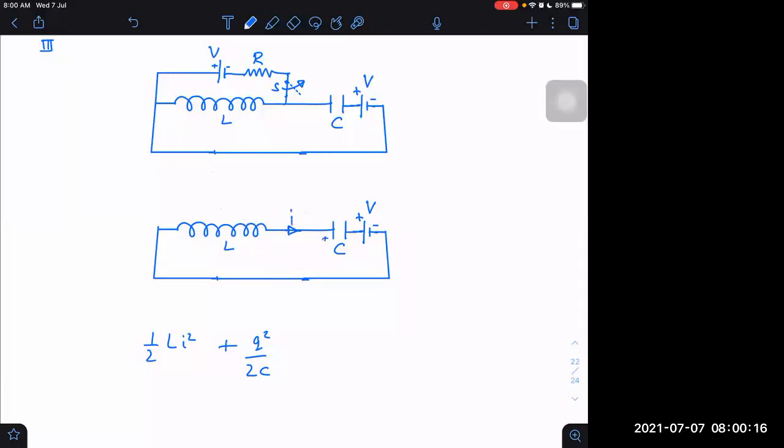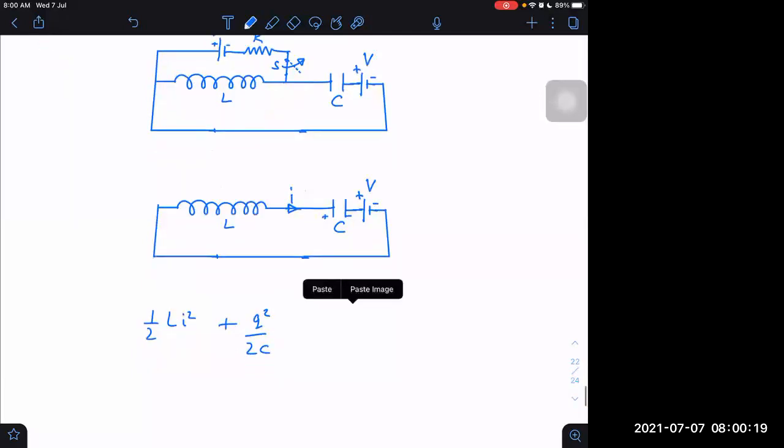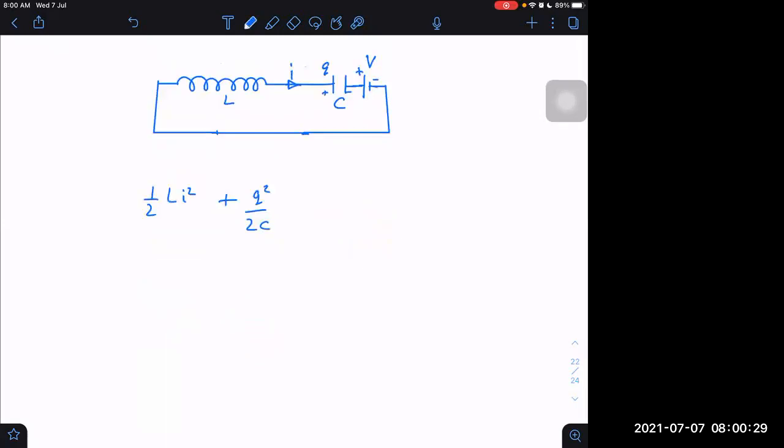I here, plus minus. It will acquire some charge Q. It has no charge initially, but it will acquire some charge Q. When it acquires Q charge, how much charge has entered the battery? Q charge has entered. Then work done by the battery will also be taken into account. Minus Q into V. Why minus? Because the charge is entering the positive terminal of the battery. So not plus, but minus. If I reverse the sign, then it will be plus Q into V. This is equal to work done by battery.